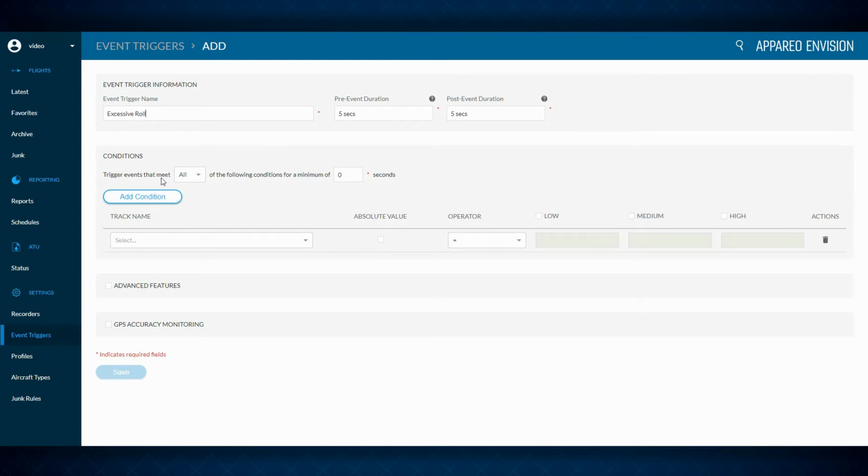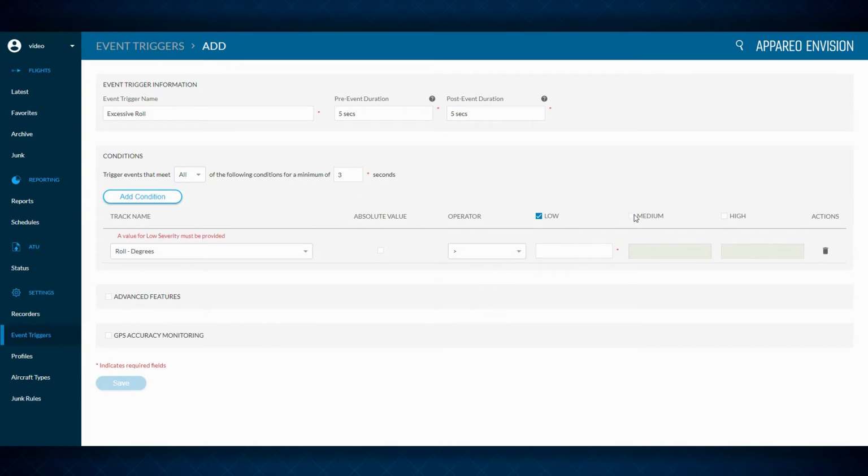We want to meet triggers that are all or any for a minimum of blank seconds. In this example, we'll say they need to be banking for at least 3 seconds. I can add in multiple conditions, but we'll start with something very simple. I select from my drop-down for the parameter I'd like to monitor. In this example, we're reviewing roll. And I want to know when it is greater than a low, medium, and high severity threshold of 45,